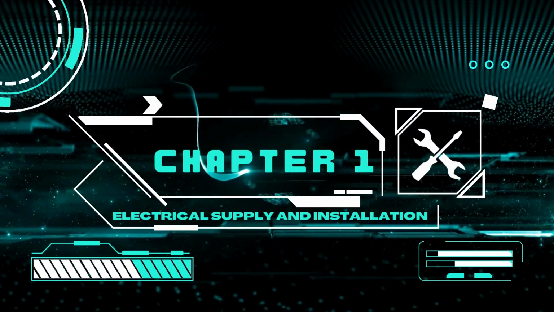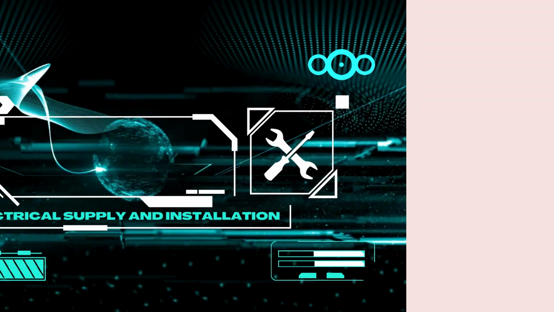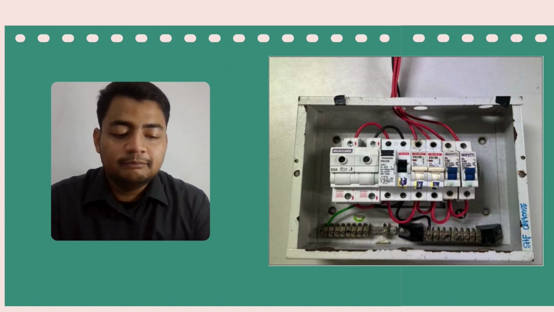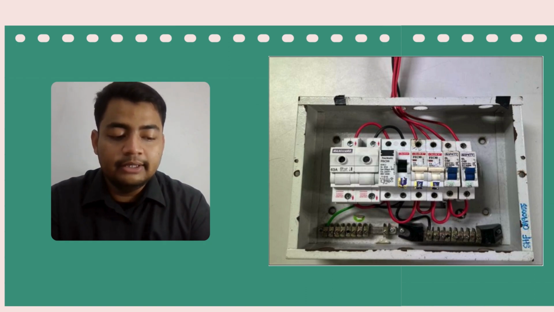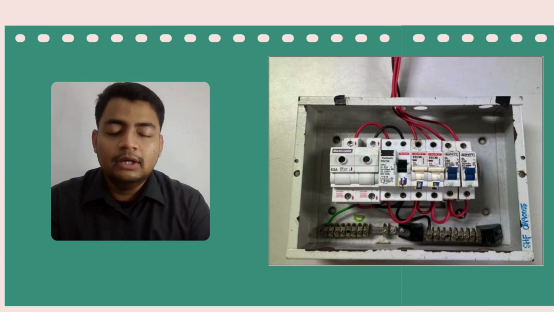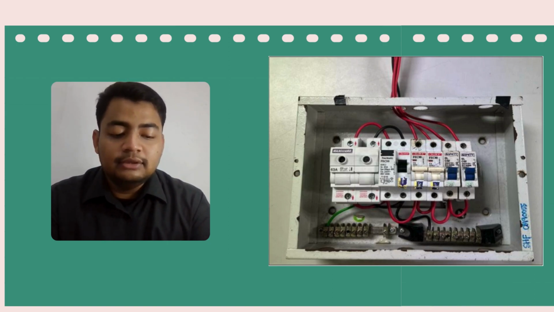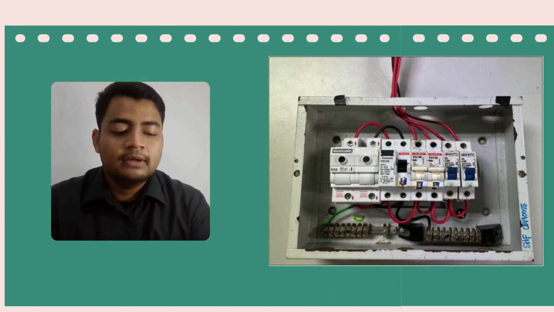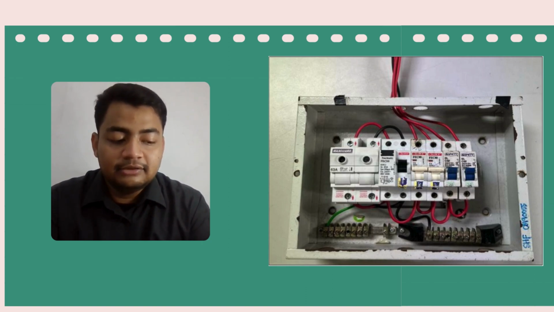Chapter 1, Electrical Supply and Installation. This chapter is about electrical supply and installation. Electrical supply and installation is the process of providing and setting up the electrical wiring, fitting or apparatus that are used to convey and control electricity in any premise. There are two types of electrical connection system, which are single phase system and three phase system. In installing the wiring, there are certain related components, which are main switch, circuit breaker, residual current device,